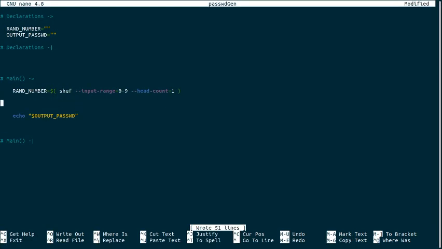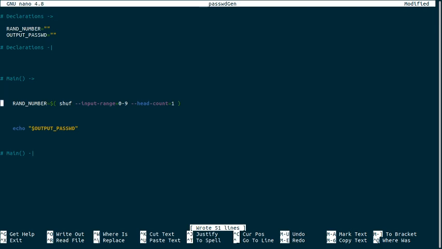Now, how do we get the random number to generate more than one time and store it in that output password? Well, this is a two-part step here. The first thing we need to do is we need to create multiple iterations of calling the shuffle command and assigning to the random number. And when you want to do multiple iterations in coding, generally that means a loop construct. In this case, we're going to use a for loop, and the syntax for the for loop is for, and then there's a condition, and then you do something,